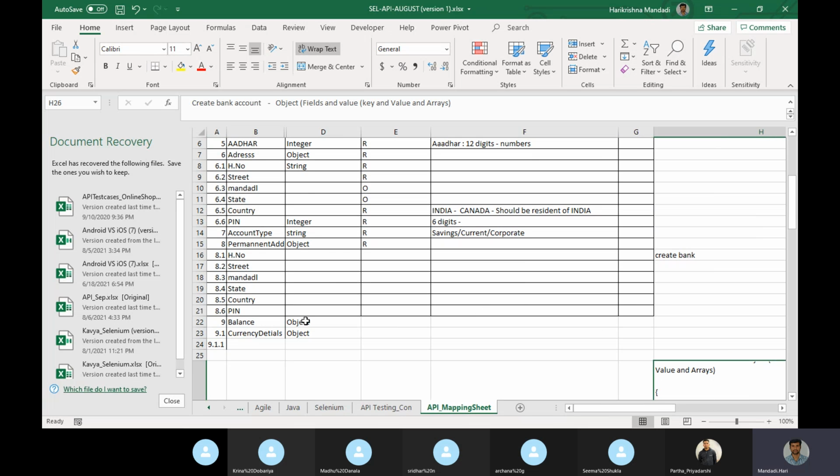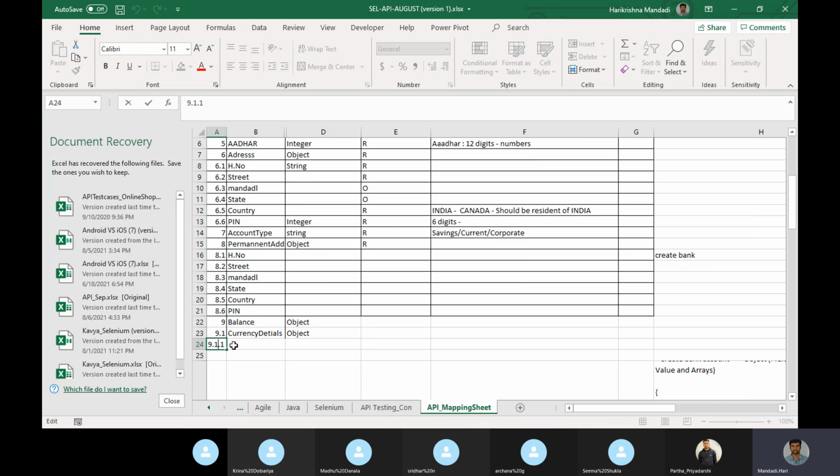If it is an object, we give flower braces. Inside it, if one more object is there, then again inside comes one more set of flower braces. Okay, 1.1.1. So this is called a field inside the object, not inside this object directly, because it is inside of inside. So we say nested. Next, nested structure.